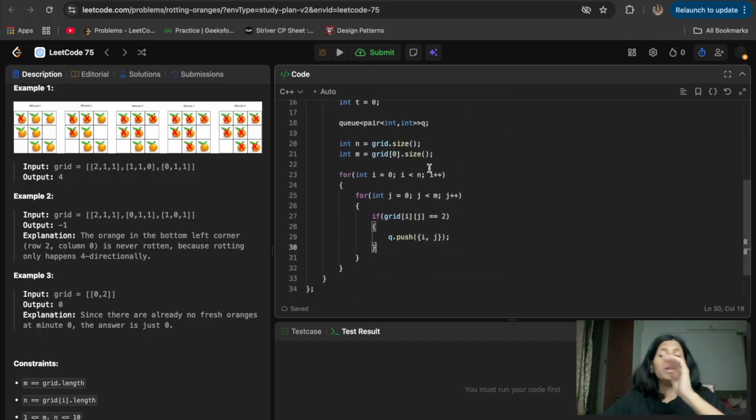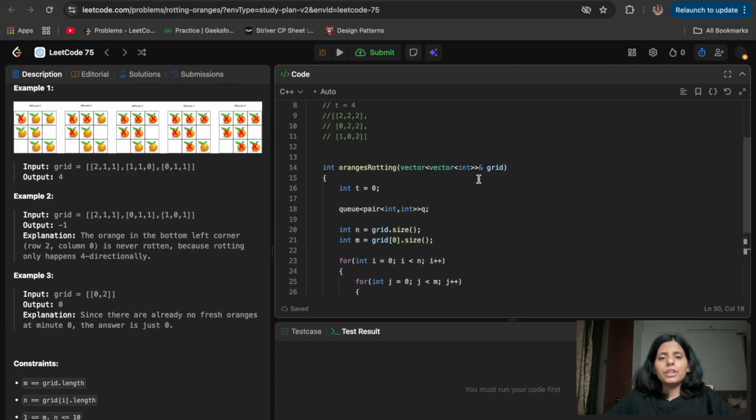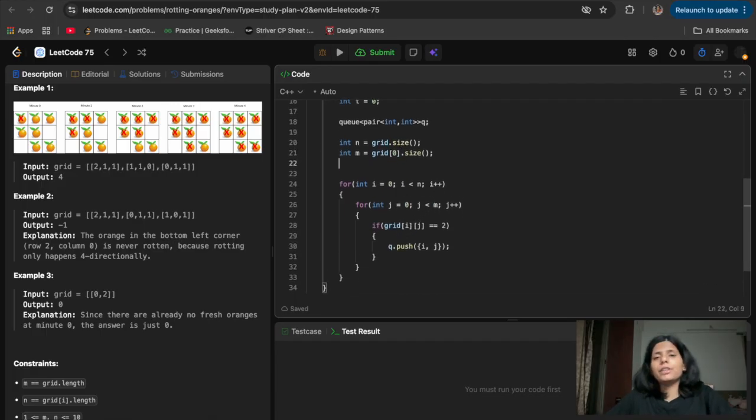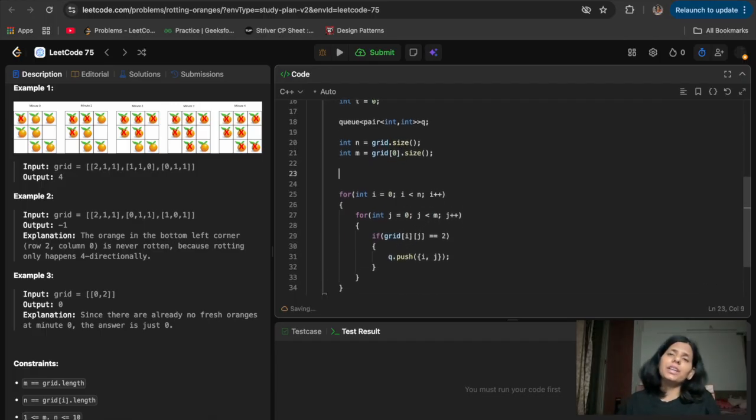I was saying we need to maintain a visited vector, but what if whenever we visit a fresh orange, we just mark it as rotten and do not visit it again? Yes, I think we do need to track whether we visited it or not, because it may happen that we take the visited cell again and again.